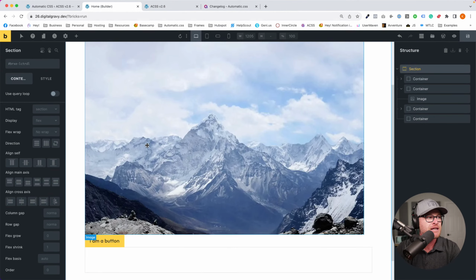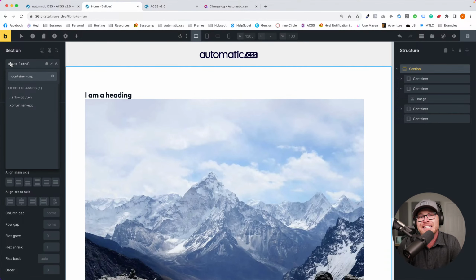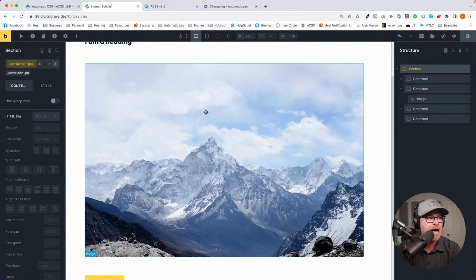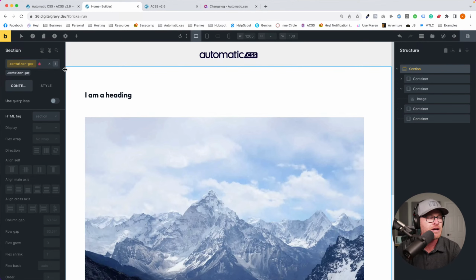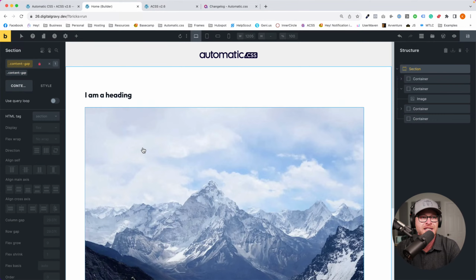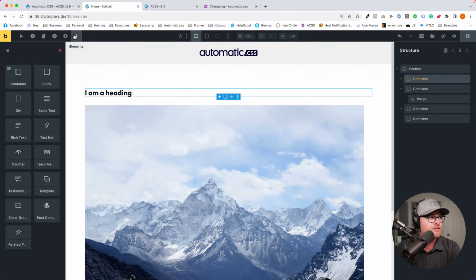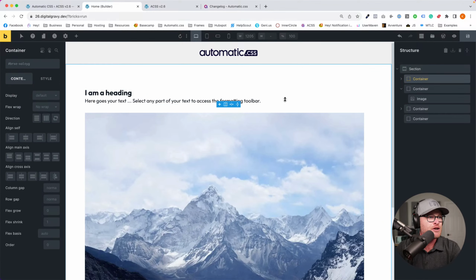So what we would come in and do is select our section, and this is already easy. You just say, hey, container gap. And that's going to gap out all of your containers. Now, it's up to you what you want to do. You could say, well, just content gap this because it's really just all content in here. So you have really 2 options, right? And then inside of your little containers here, you're putting your stuff.